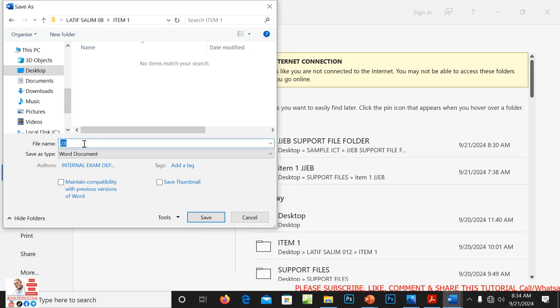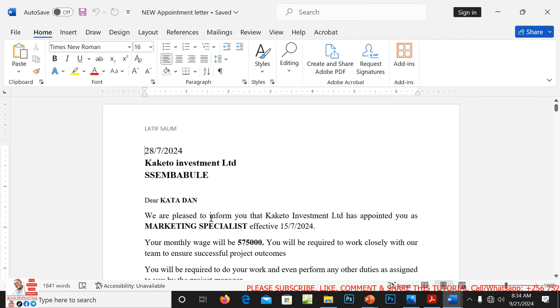So we shall say new appointment letter. Save. So I think we are done now. We have utilized more than one application, Excel and then word processing.